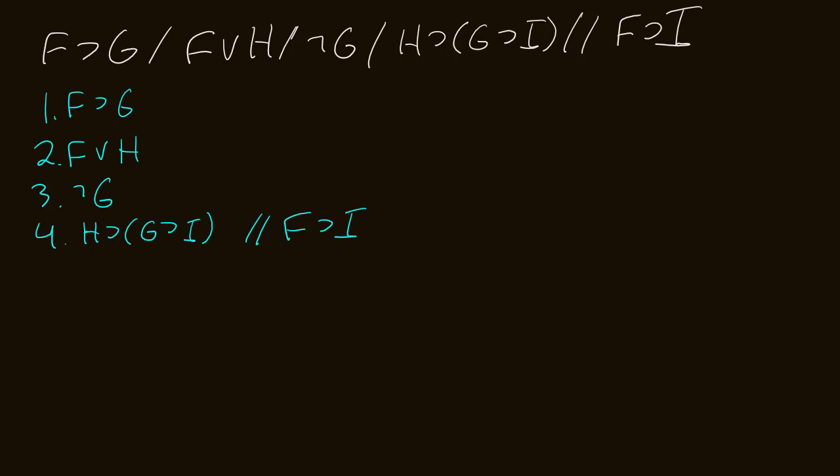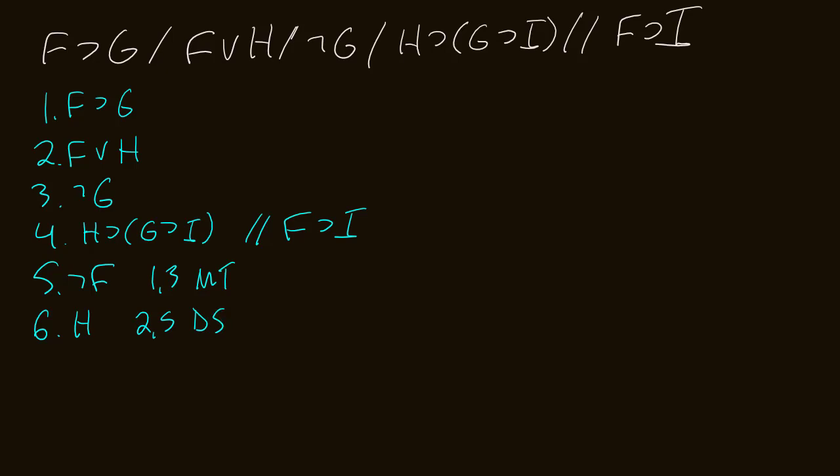Okay, what is my first step? Okay, well, if you don't know where to start, the first thing you can do is just guess things by combining stuff that we already know, right? So I see in 1 and 3, I can use modus tollens to get not F, right? So let's try that out. Say 5, we can get not F from 1, 3, and modus tollens. Okay, so now that I have not F, I see from 2 and 5, I could get H from a disjunctive syllogism. So let's see, 6, we could get H from 2 and 5,